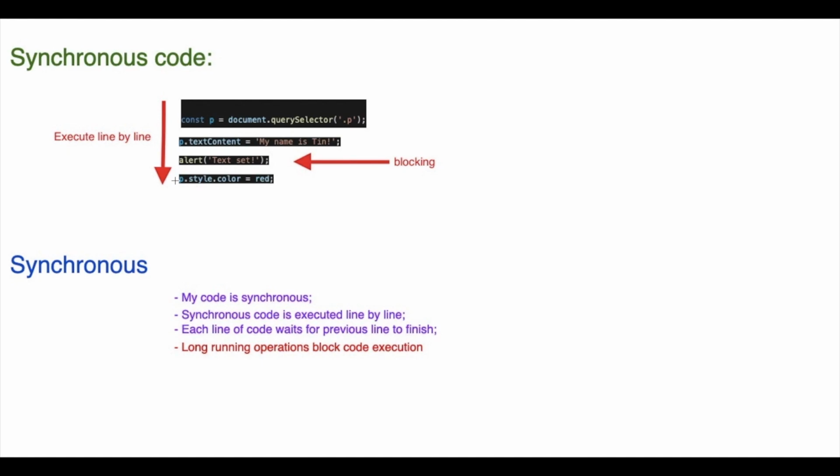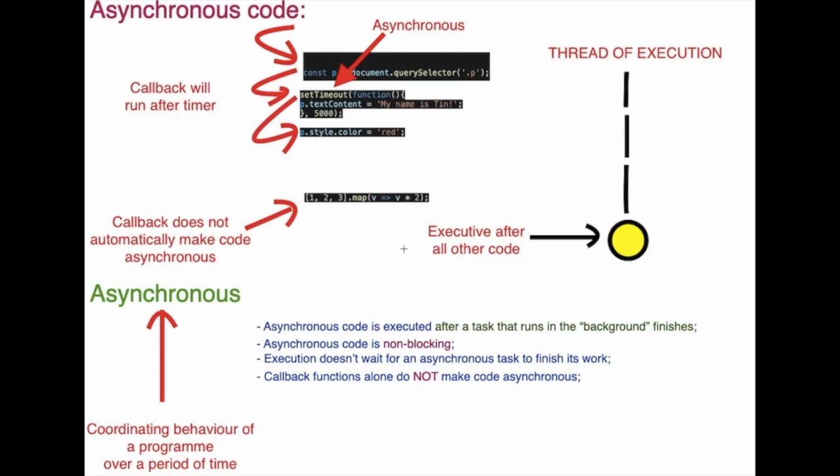Now most of the time synchronous code is fine and makes perfect sense, but imagine that execution would have to wait for example for a 5-second timer to finish. That would just be terrible, because meanwhile nothing on the page would work during these 5 seconds, and so that's where asynchronous code comes into play. So this example contains the 5-second timer that I just mentioned. The first line of code is still synchronous here. We also move to a second line in a synchronous way, but here we encounter the setTimeout function, which